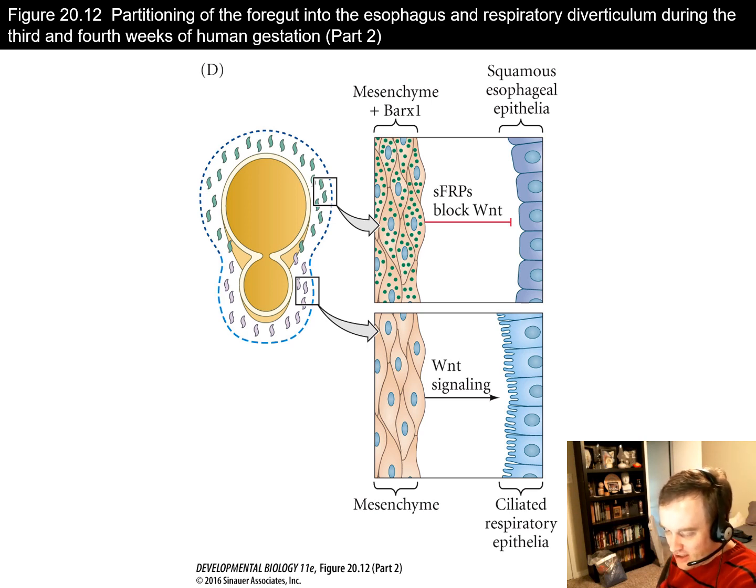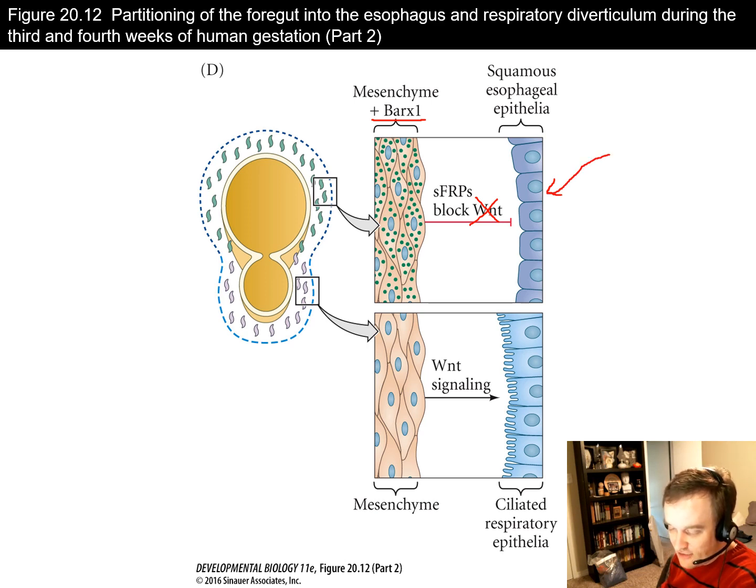In this case, we have mesenchyme around the esophagus that expresses BARX1. Because of that, there is a blocking of WNT,